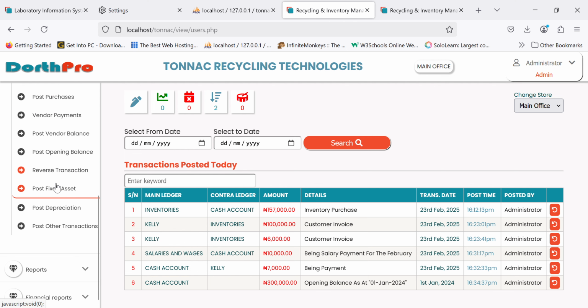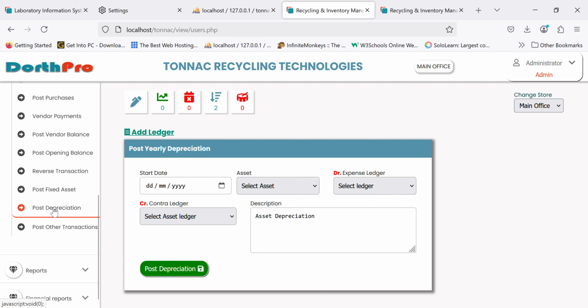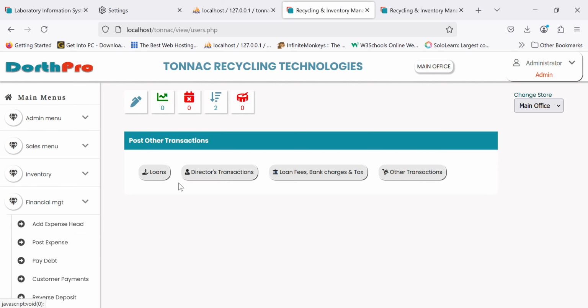Then we have post fixed assets. So for assets that you buy, you need to post the fixed asset, as in post the payment amount. And that's what I mean by post fixed asset. So it shows that you have paid for that asset. So post depreciation for assets, and post other transactions. In these other transactions,